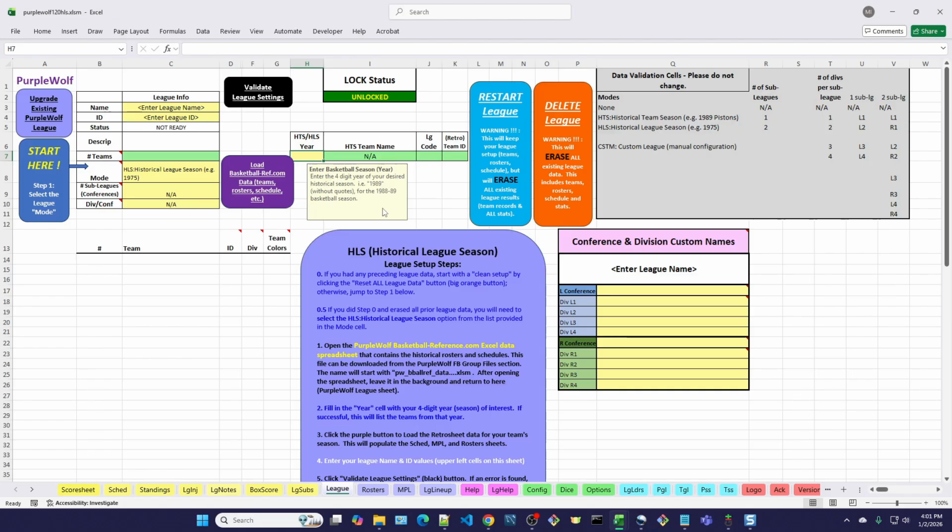In PurpleWolf, there are no 85, 86, or 72, 73 seasons. There's just one year. And the year in PurpleWolf is the year the season ended, not started. So if we say 1989, that's going to be what you typically refer to as the 88-89 NBA season. So in our example, we're going to do